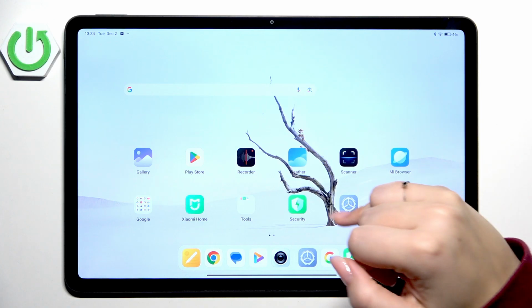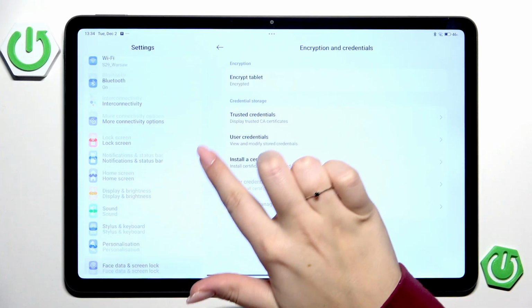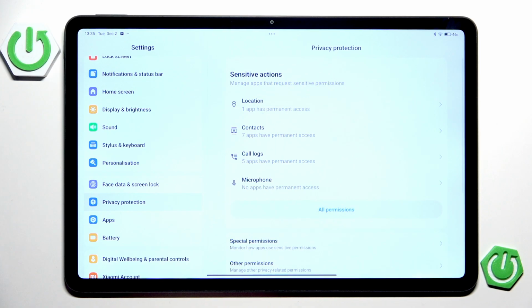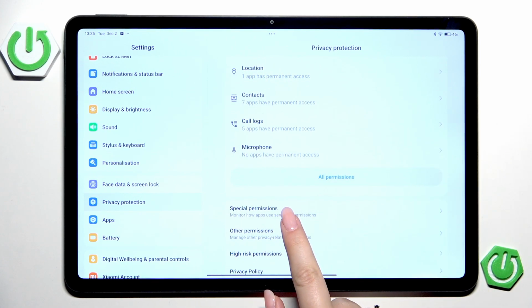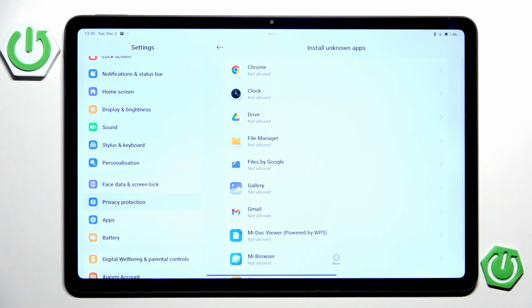So let's begin with opening the settings, and here we have to scroll down and find the option privacy protection. So let's tap. Then go to special permissions and localize the option install unknown apps. So right here we've got the list of apps which are allowed or not allowed to install some content, and